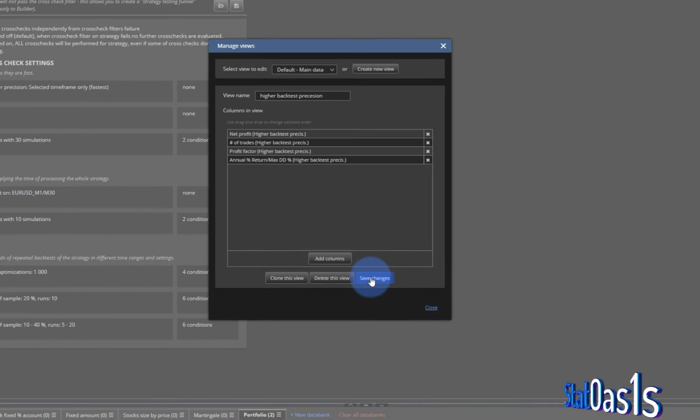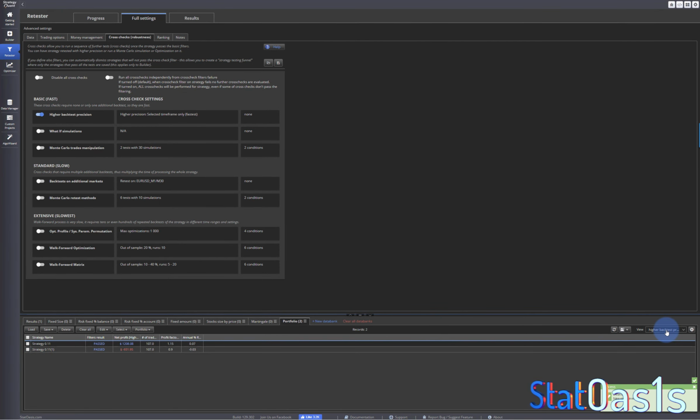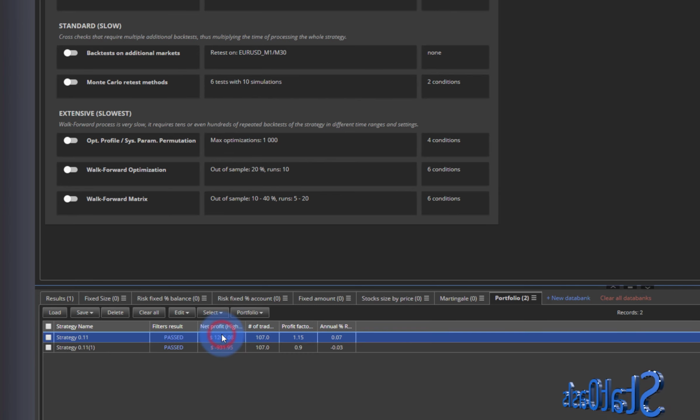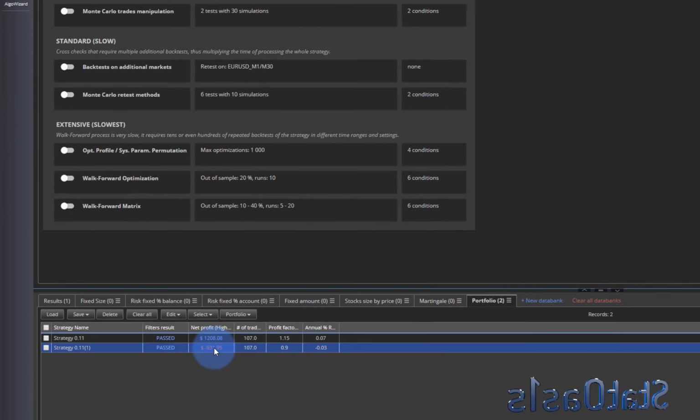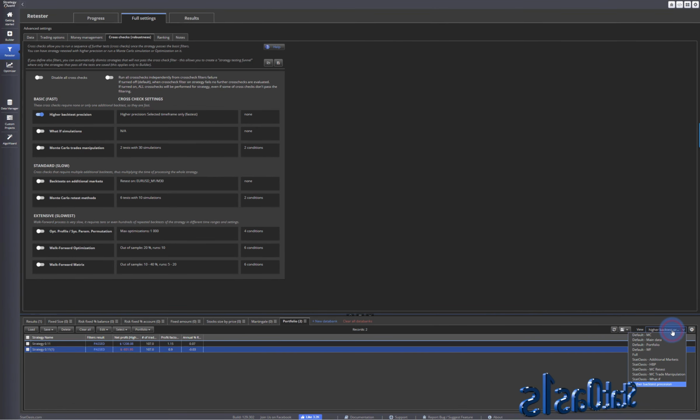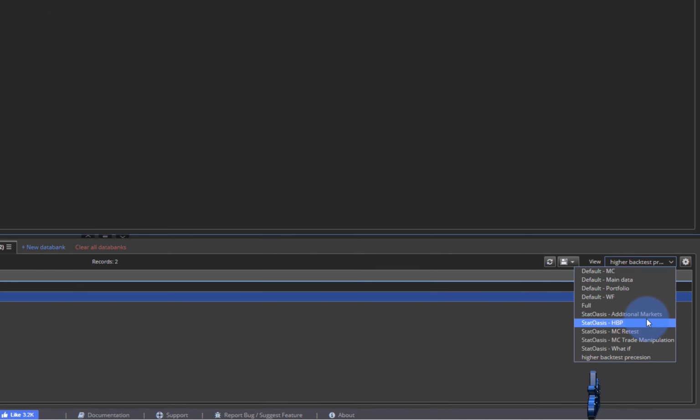Now I save it. It's going to be available here. So this is now a view. And as you can see, the view is totally different. This is the original strategy. And when I change the spread to 4, this is the result. I created my own view, which is this one. And if I show you what's inside, it's basically I keep the original strategy